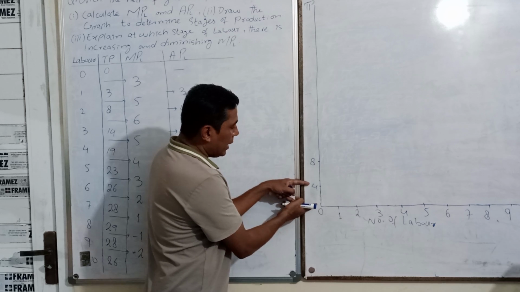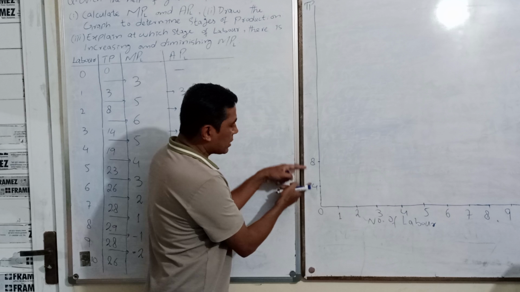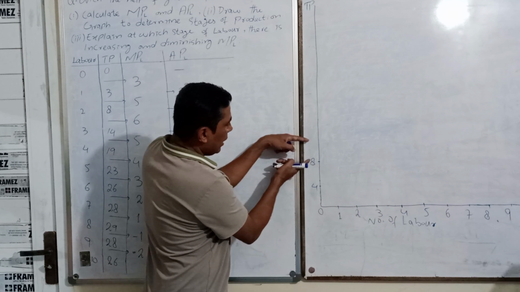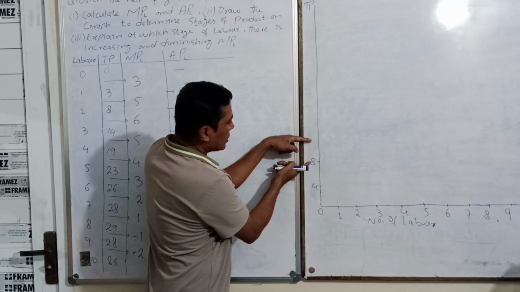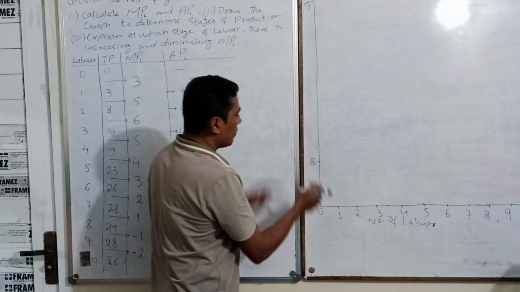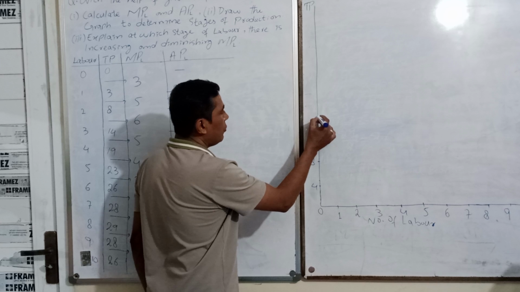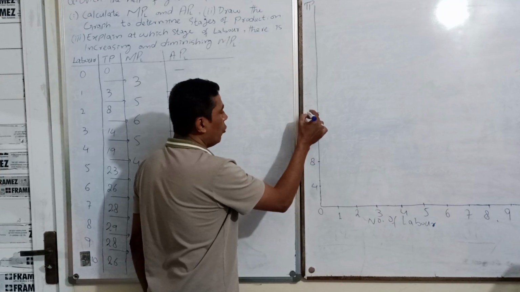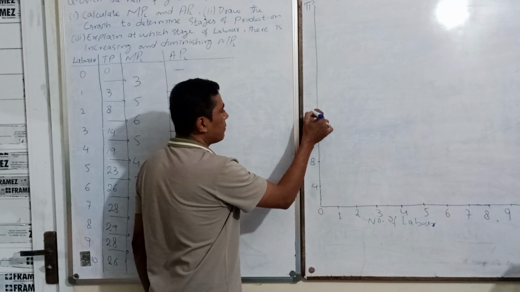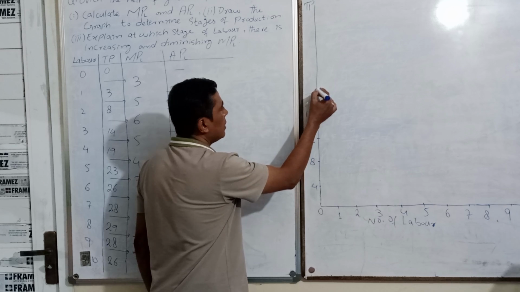A similar equal distance will be the next value, 8, and similarly further 12, and so on. So 8, this one is 12, again add 4 to 12, you have 16, and similarly